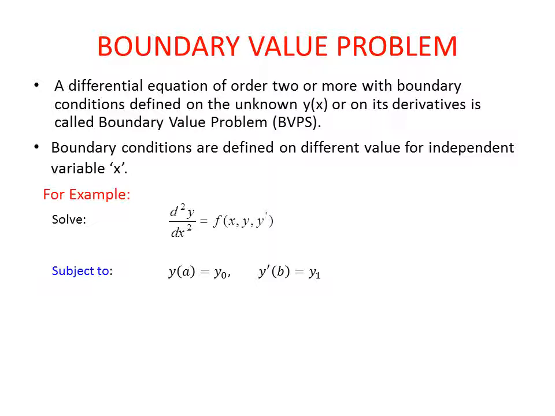So here we have a differential equation of order 2 along with subsidiary conditions. There are two subsidiary conditions. The rule is the same as we applied in the initial value problem: whenever we have an order 2 differential equation, there must be two conditions. Whenever we have an order 1 differential equation, then we must have only a single condition, and so on. Similarly here we have an order 2 differential equation, so we must have two subsidiary conditions.